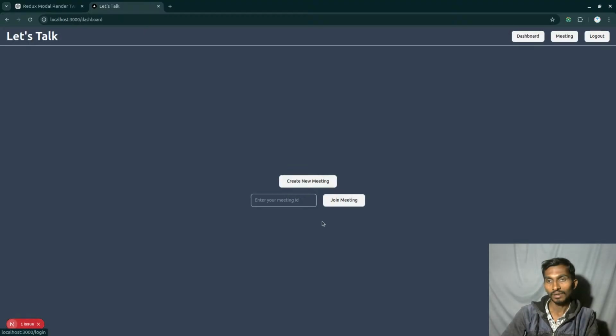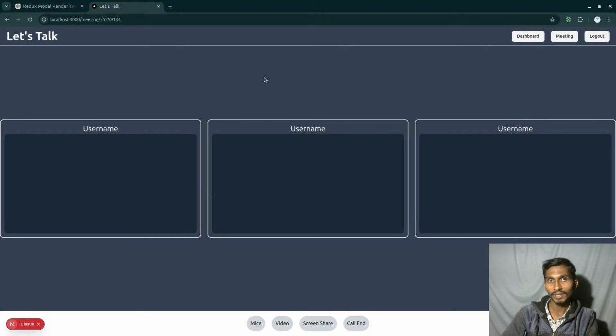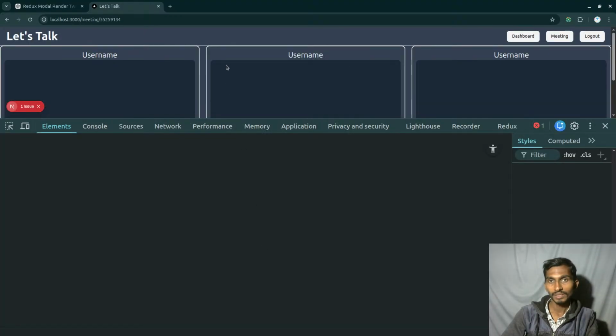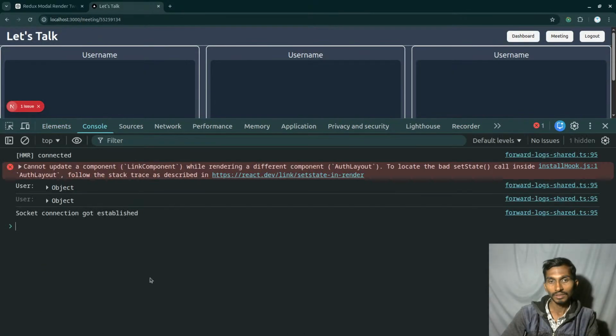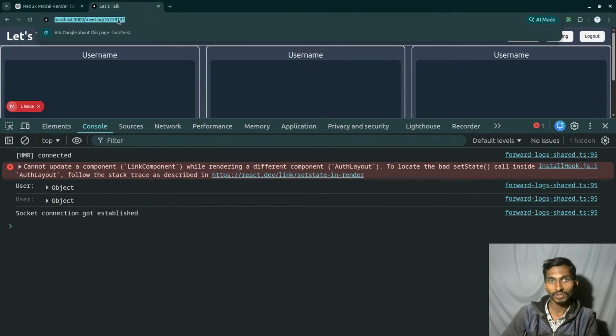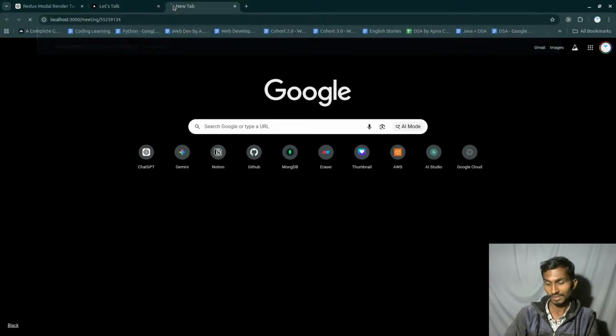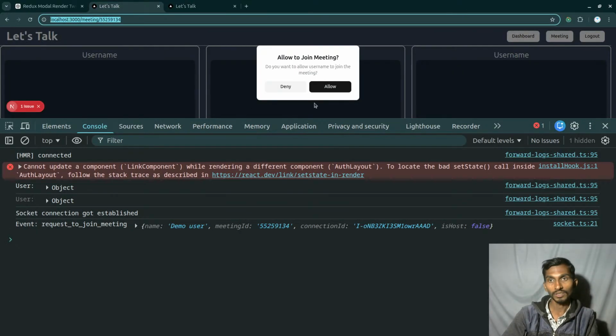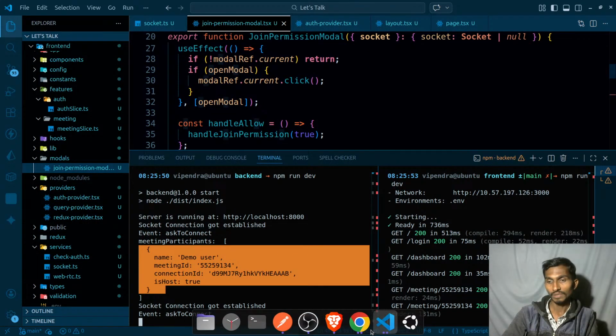Let's click on login. Here I am. Inspect it. Right now the connection of course got established. I'm going to be joining, or another user is going to be joining just like this. So here I got the model. I can allow or I can deny. Right now I have only one user. If I deny it,